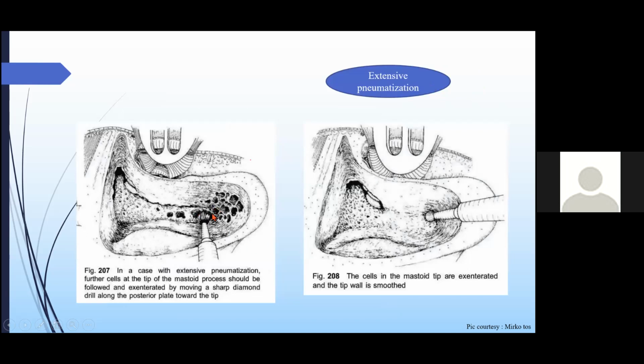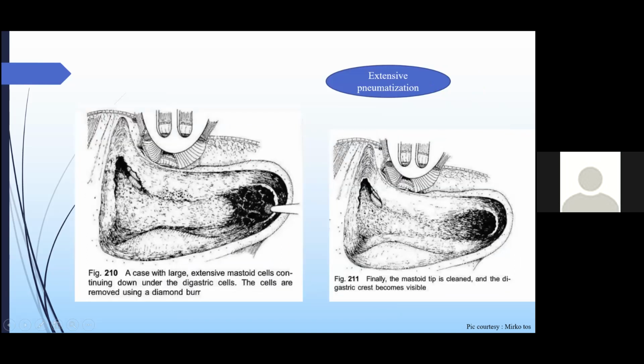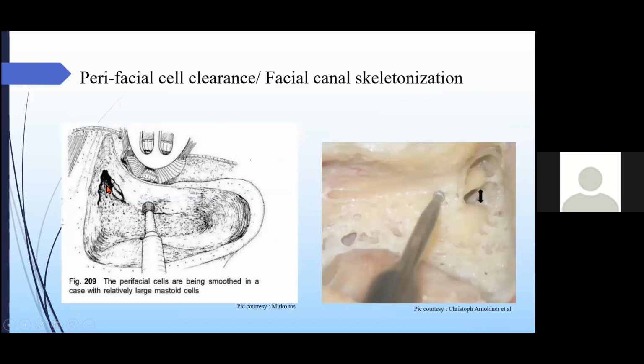But in cases of extensive pneumatization, sometimes it goes beyond the mastoid tip, like it can expose the digastric ridge as well. So we should clear the disease, but we have to be careful regarding the facial nerve, which will be present anterior to it. So we should clear the disease till the mastoid tip, exenterating all the cells in cases of extensive pneumatization. Now, after all this clearance,